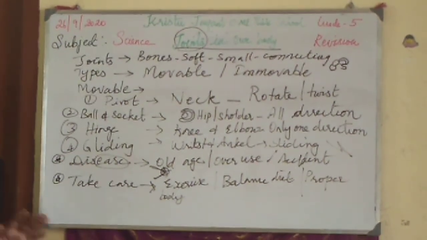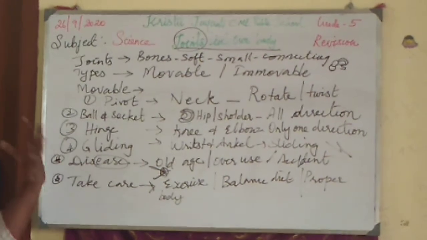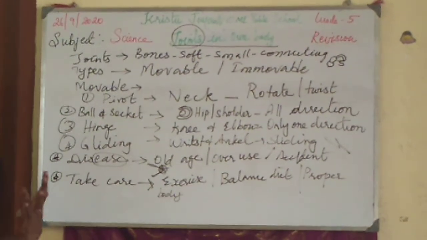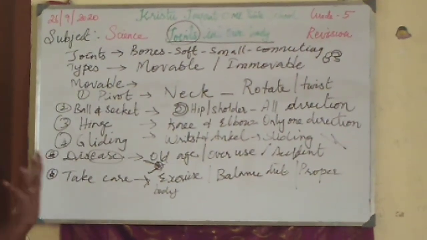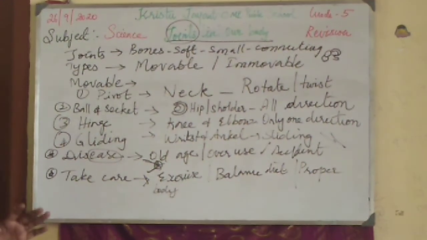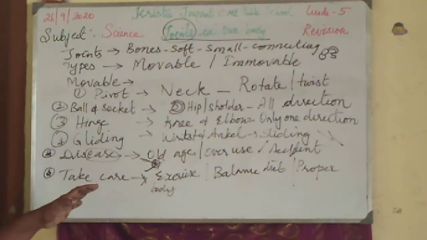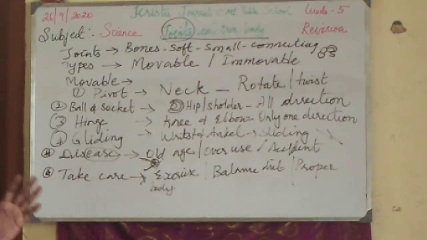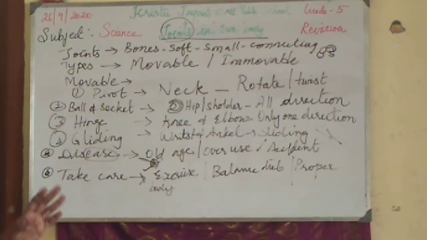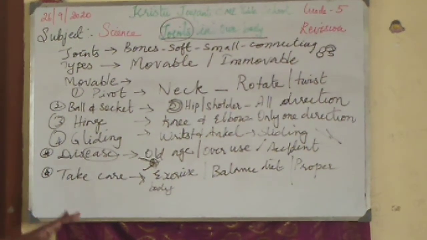It is not only because of old age, but because of their body weight. For so many years the knee joints are carrying the weight of the entire body. So if the weight is normal, then they can carry it, but if their body weight is over, the knee joint will not grow, right? It will stay at the normal size and shape only. Because of that, problems will come.